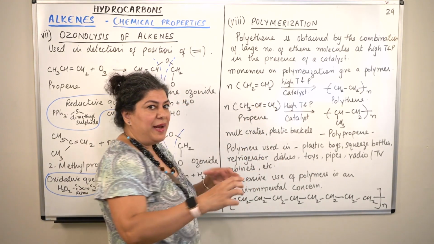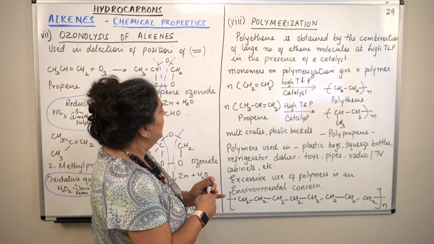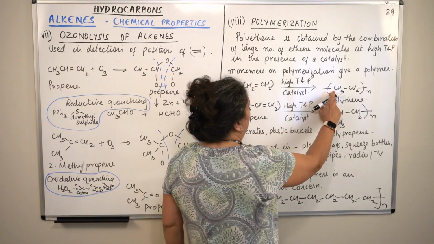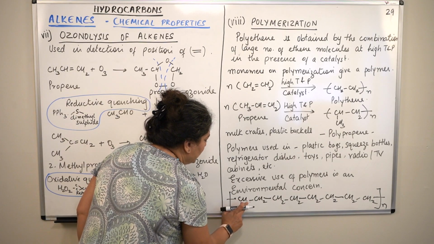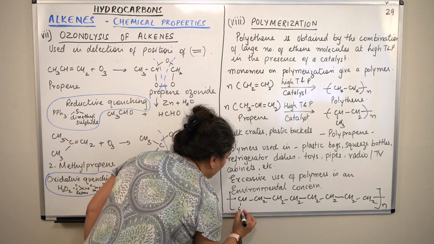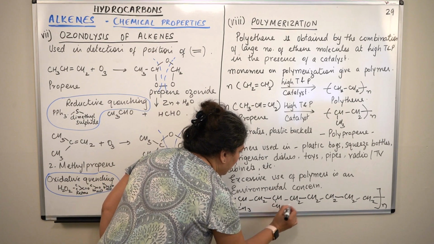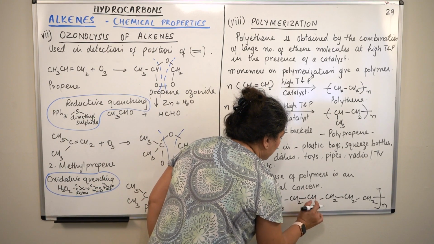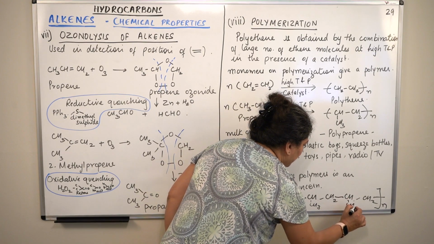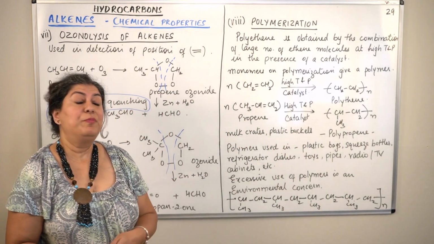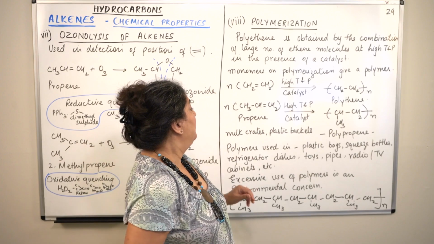So the polymerization would still take place in the same way, only now for every carbon there is one hydrogen and one methyl group. So let us say the first one is a hydrogen and a methyl group. So I'll put a hydrogen here and the methyl group will come here. For the second molecule, there's only one hydrogen and there's a methyl group. For the third molecule, there's one hydrogen, there's a methyl group attached to this carbon. So this now becomes polypropene, right? So this is the second polymer that you get, that is polypropene.